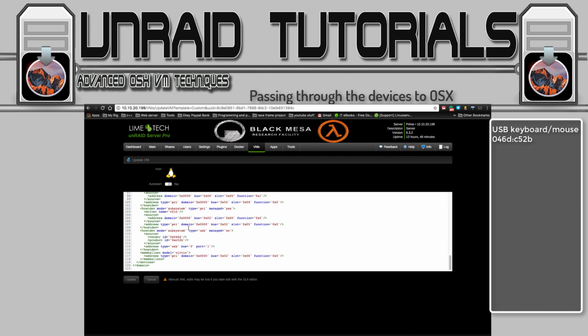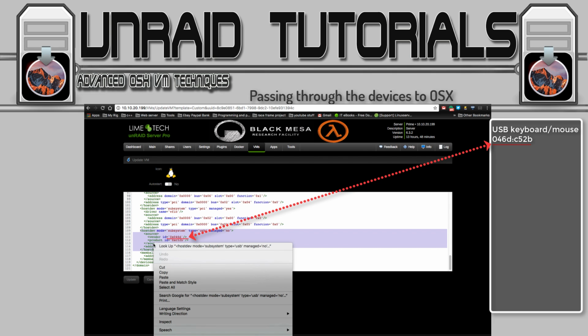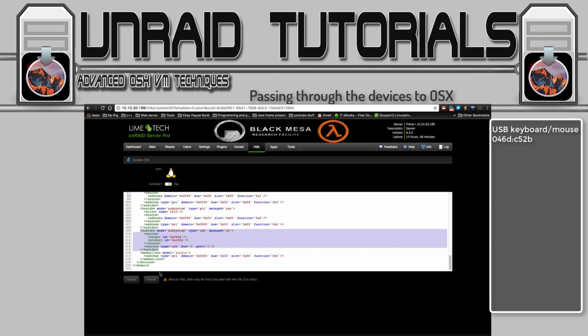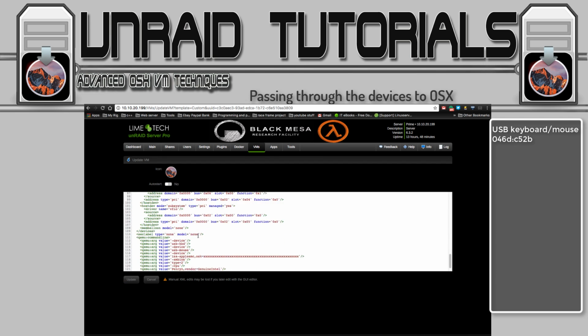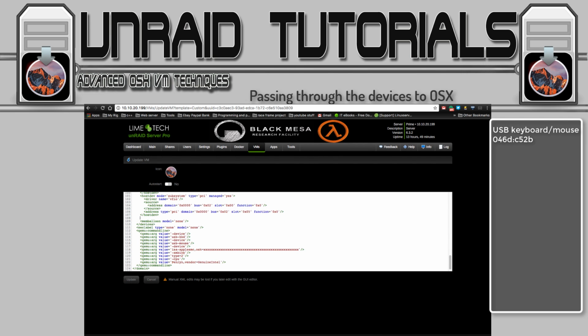and let's scroll down, and we can see here that we've got another hostdev tag, and it says the type is USB, and there's the number of our keyboard that we saw in the template. So let's copy that and click cancel, and then edit our XML again. Scroll down to the bottom and paste it in,